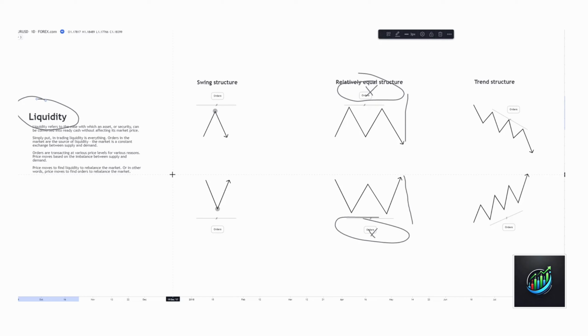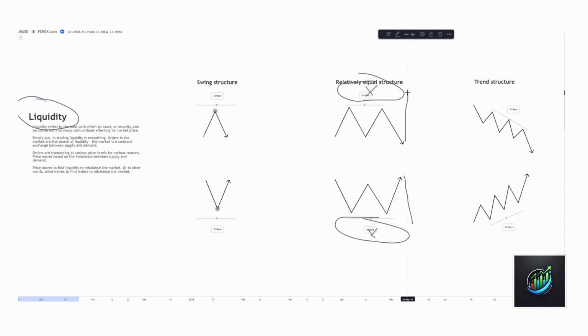Now, of course, when you start factoring in lot sizes or units, this is where the fun begins, because I might be buying one lot of currency, someone might be selling 100 lots. So I've been able to buy one lot of currency from this 100 lot sell. They still need to fill their 99 lots. Liquidity is what's going to allow that to happen. But if that person can simply not facilitate their order, their 99 additional lots, that's where price is going to, you bet it, going to seek liquidity.